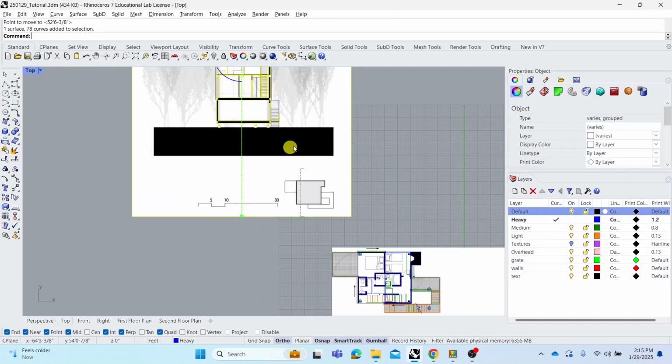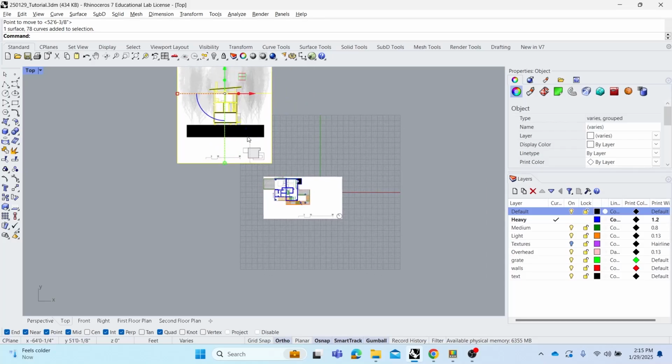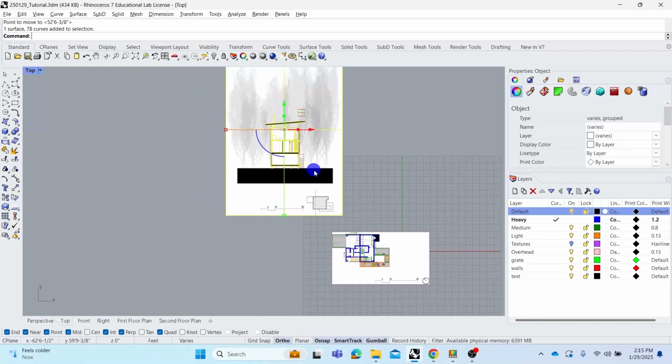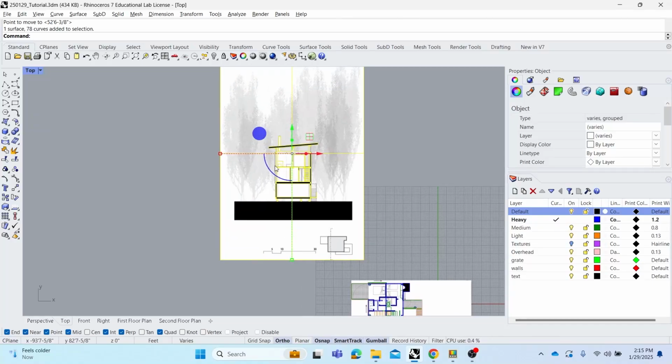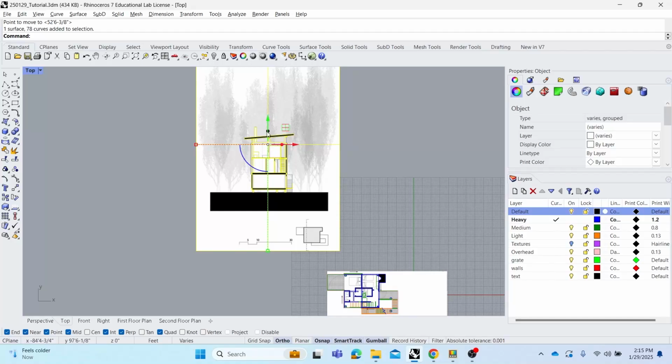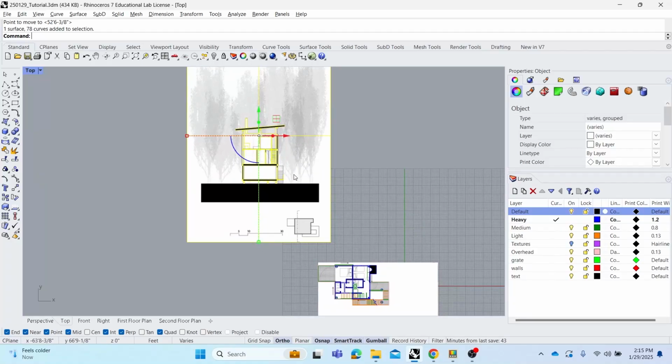So what we could do is orient this to where it lines up with our plans. So first, foremost, as you've probably learned in class, this is our gumball widget, module, whatever you want to